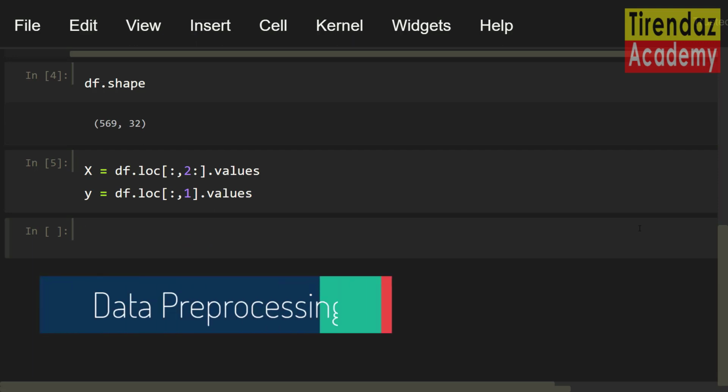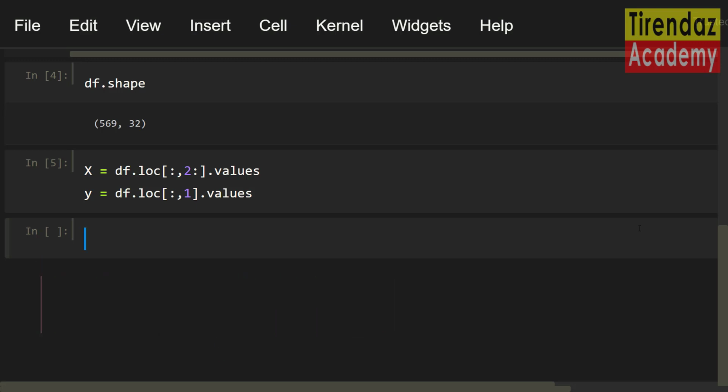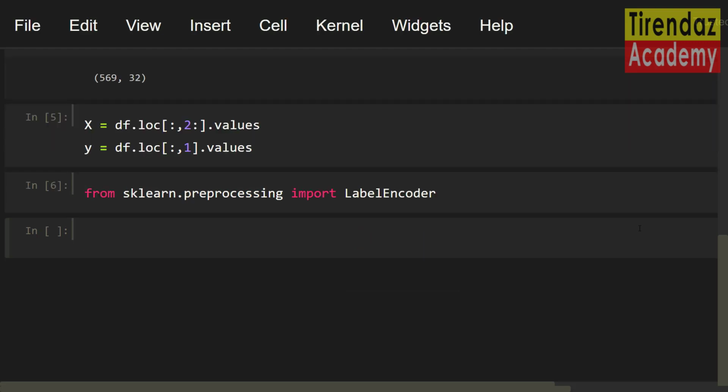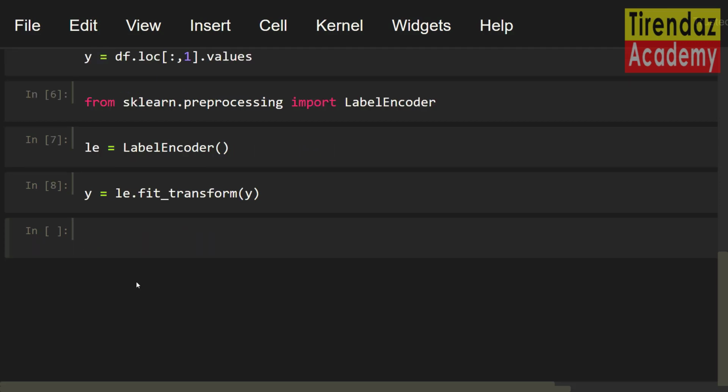Our target variable has two categories, M and B. But scikit-learn doesn't understand that this variable is categorical. We need to say that this variable is categorical. Let me use the LabelEncoder class. First, I'm gonna import this class from sklearn.preprocessing import LabelEncoder. Now I'm gonna create an object from this class. le equals LabelEncoder. Let's fit and transform our target variable. y equals le.fit_transform. Let me set y. Awesome, we transformed the class labels into integers.